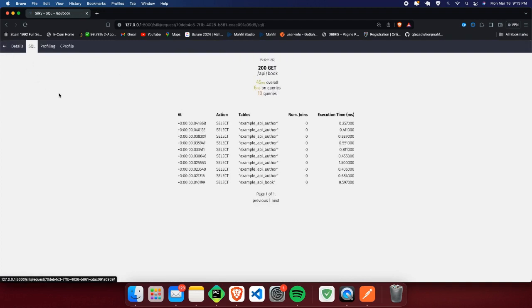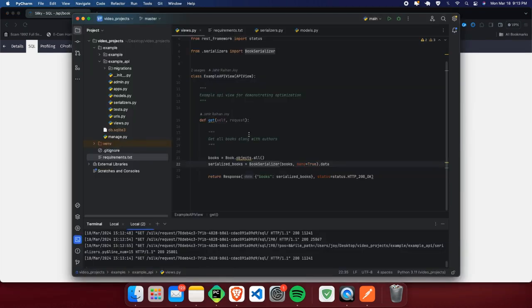So how can we optimize this so that it skips these duplicate queries? If you know a little bit of SQL, you have heard about SQL joins. We can use joins for this. So what will a join do? For every book record, it will add the author name along with the book data. Let's see how we can use joins in Django. When we are querying over book objects, we're taking all the book objects. Along with books, we can use the select_related method